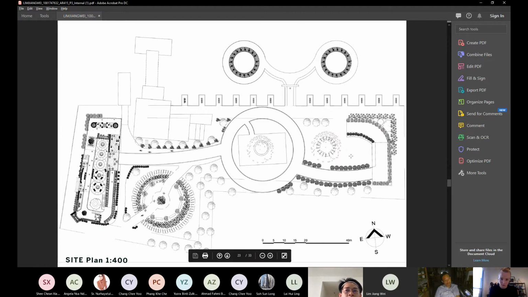So this is my site plan. You can see the ramp to the second, this is the bridge. Also this is the view deck, and it connects to the craft center. This part is the existing parking area. I plan to redesign it because the existing parking is a big problem there. So I plan to redesign a circle for the motor, which is the motor part at the side of the road.